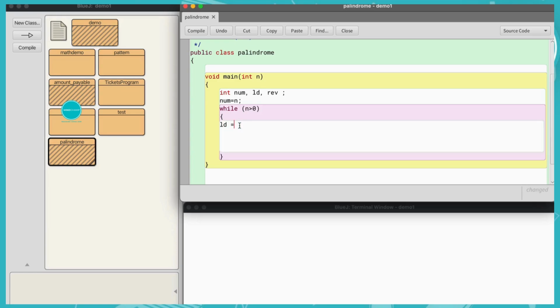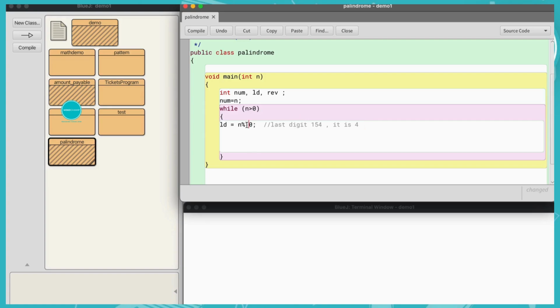Now we extract the last digit. So ld is equal to n % 10. Let's say the number is 154. The last digit of 154 will be 4, and we can get that by dividing it by 10 and getting the remainder.